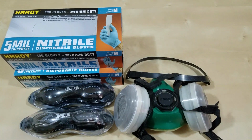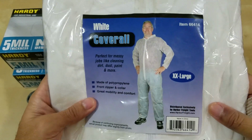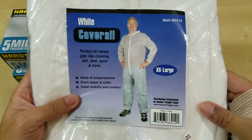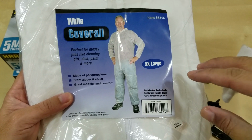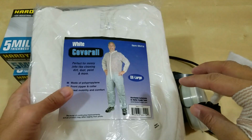They have these coveralls, very cheap, cheaper than Home Depot, cheaper than Lowe's, cheaper than probably going to a medical website, and you're trying to protect yourself against fomite, droplets, and